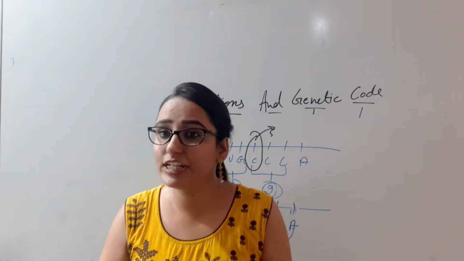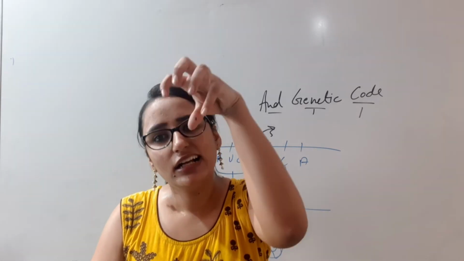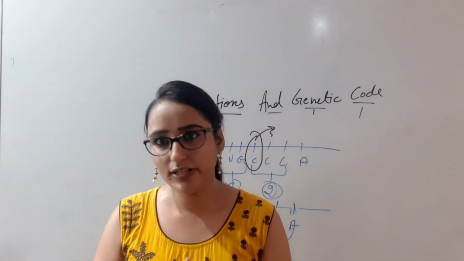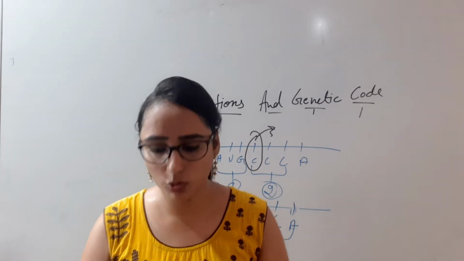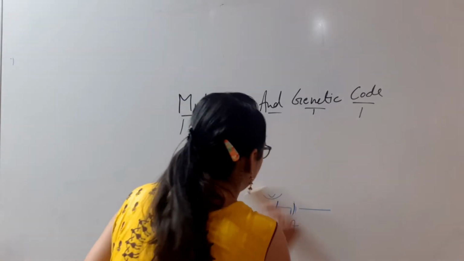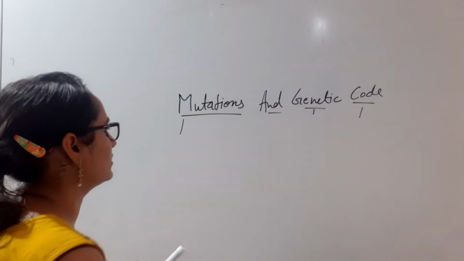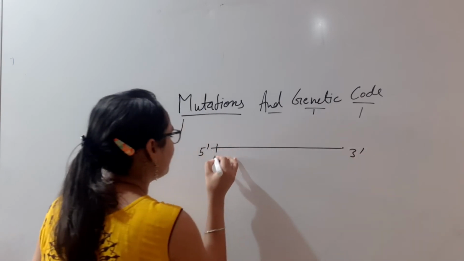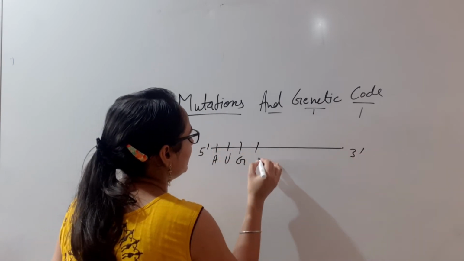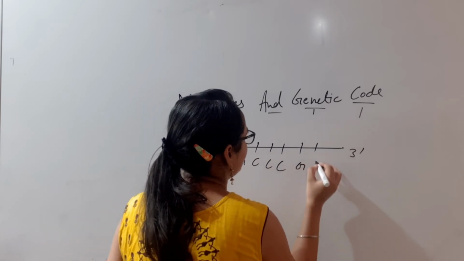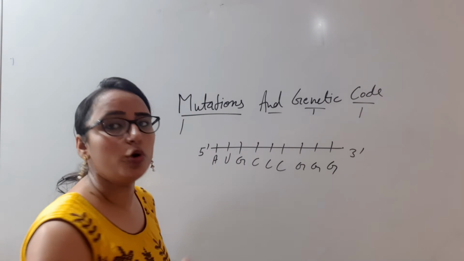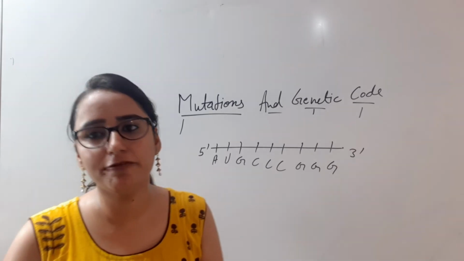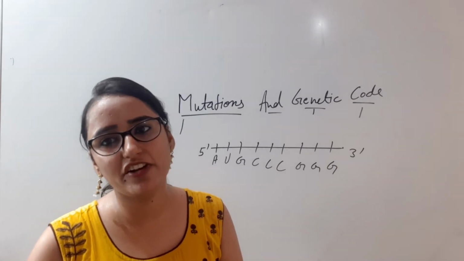And what if three nucleotides get changed, or a codon that is made up of three nucleotides gets inserted at a particular position? Then will the frame change or will the frame remain the same? So we will see here. Suppose this is an mRNA. This is the first codon, AUGCCCGGG. So if one or two nucleotides get inserted or deleted at a particular position in the mRNA, then the reading frame will get changed, which will ultimately change the amino acid sequence in the protein.